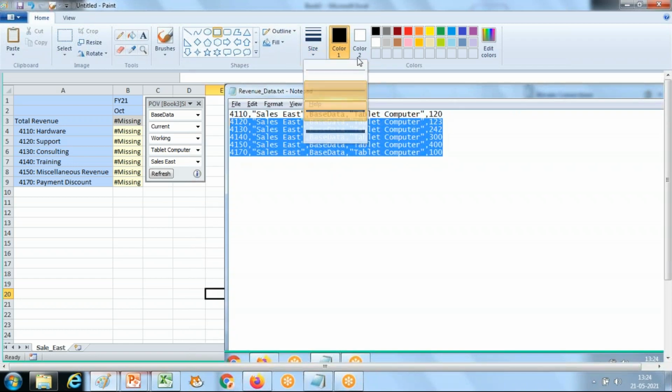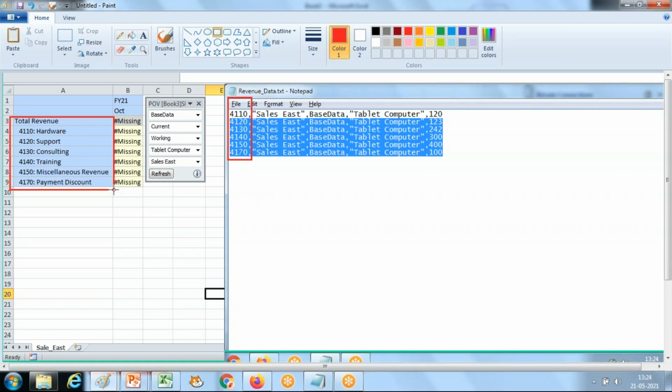Now, when you compare them, this is going to be a straightforward one-to-one mapping. The first column is your account dimension. These are all accounts, which you see in my Smart View under column 1. The second one is your entity, and the same I have chosen here in the point of view. The base data is HSP view. We enable sandbox, so we got base data. This is what I've selected, and this is the name of my product, tablet computer. I've chosen a point of view, and these are the numbers.